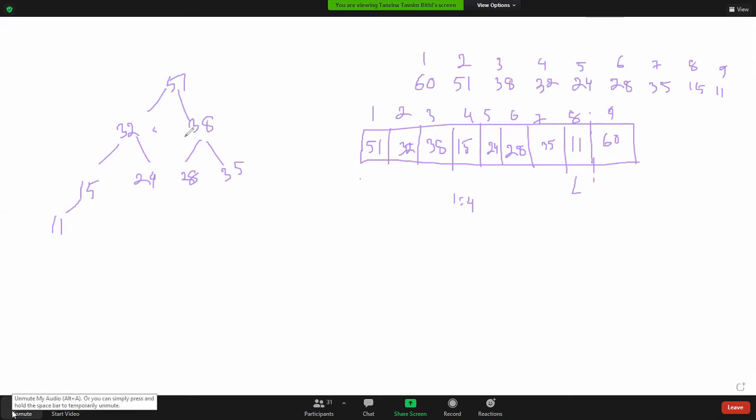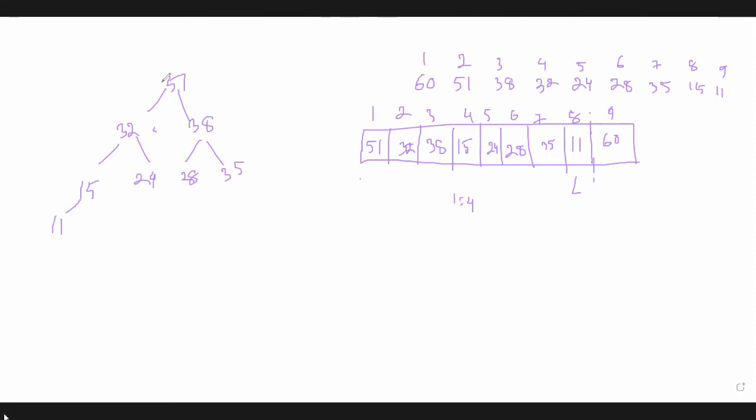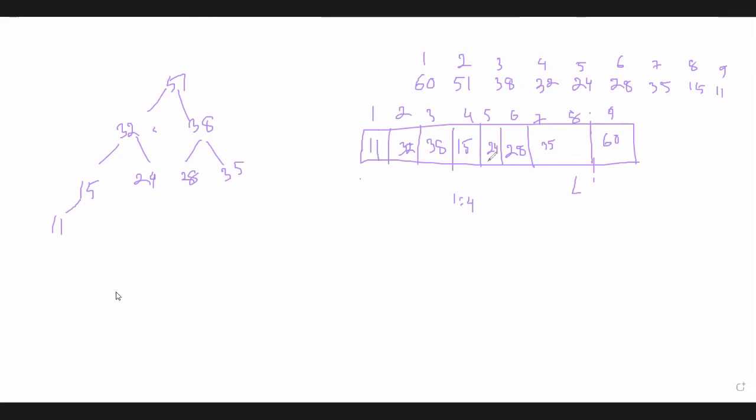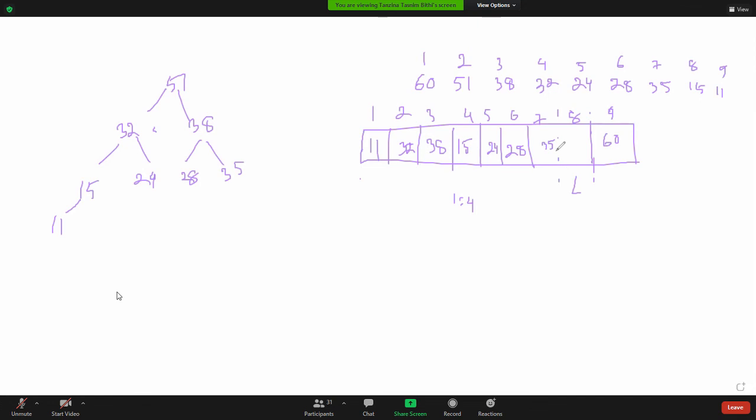In max heap deletion, we can only delete a node from where? From the root. In a max heap tree, the root node is the largest node among all the nodes on the tree. That means whenever you are deleting a node, suppose after deleting 51, that 51 will be replaced by the last node of the tree, that is 11, isn't it? So now 11 will be placed here in location 1, and the array size will be decreased by 1. This is the array, and this is an empty space where we can add that element.